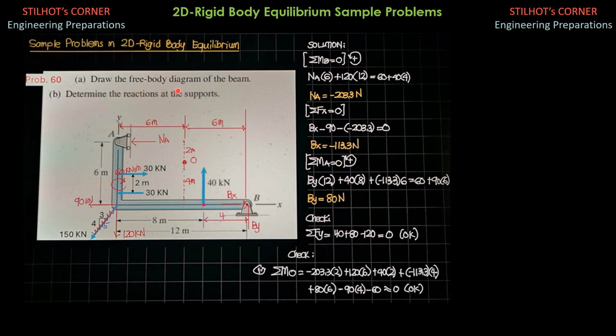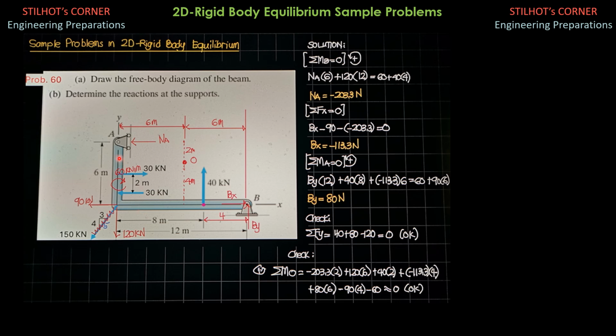Draw the free body diagram of the beam AB and determine the reactions of the supports. So the original figure here is this combination of light blue and the supports here, black. The red ones are the designation, labeling of the reaction components in preparation for the free body diagrams.